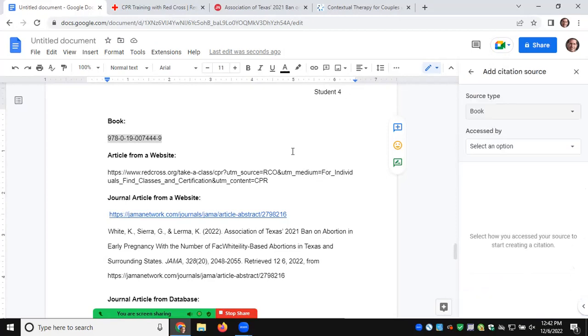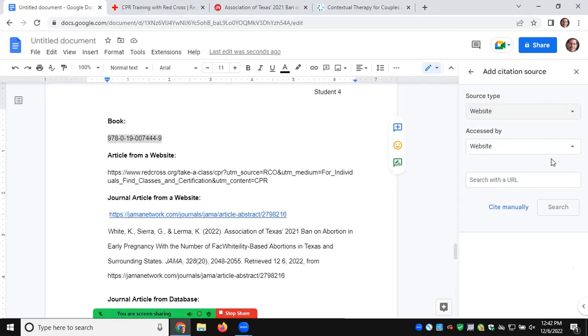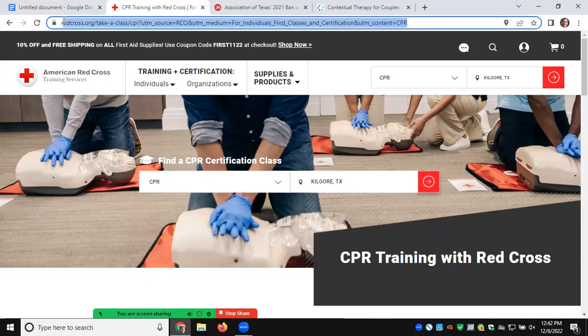And this time, I'm going to select an article from a website. So I'm just going to go to website. I'm going to access it by website. That's how I found it. And for this, I just need the URL. Now, the actual website is from the American Red Cross. So, if I were doing this as a student and creating my citations, I could just copy this URL here,